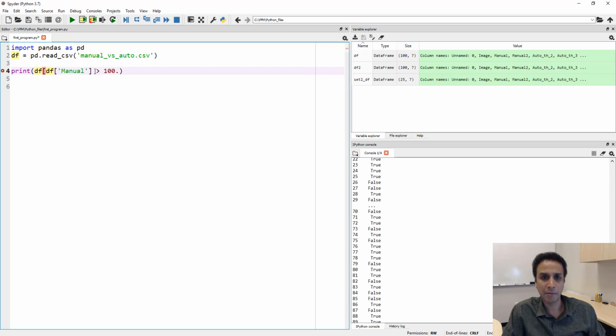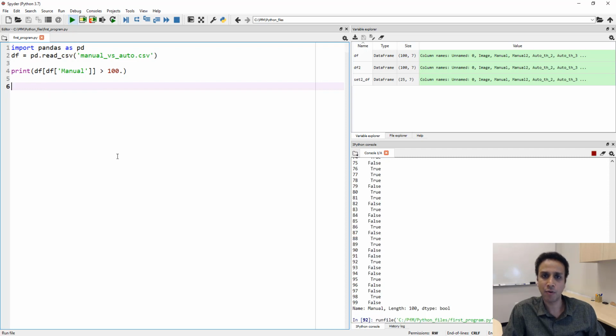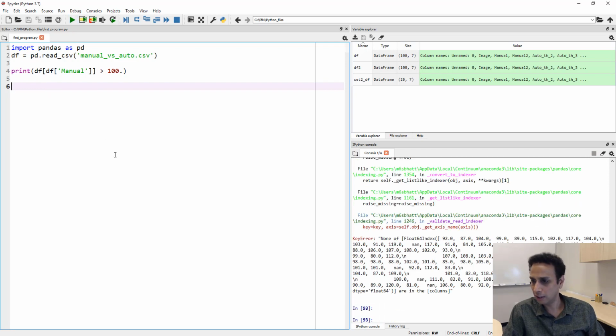Okay, and let me be a bit careful in terms of where to put these brackets. I think this should do the trick. Let's run this one more time. Did it work? Print. Let me go ahead and see df of data frame manual. Yeah, I think this should. This is pretty much it, except it's not formatted in a good way. Let's see. No, I am actually seeing 91